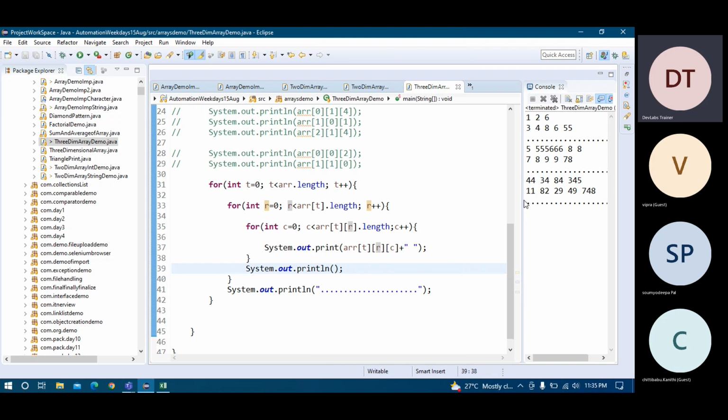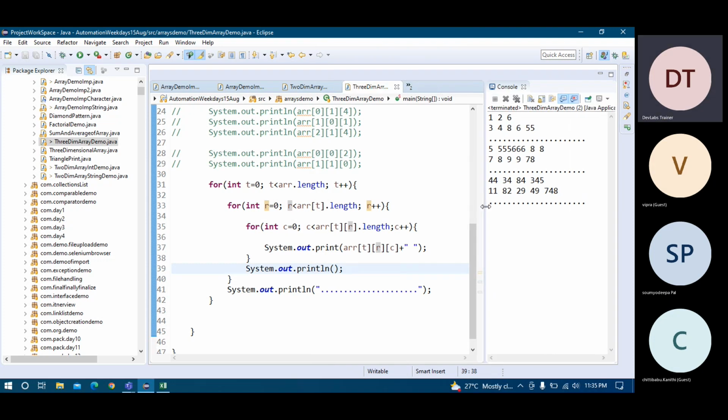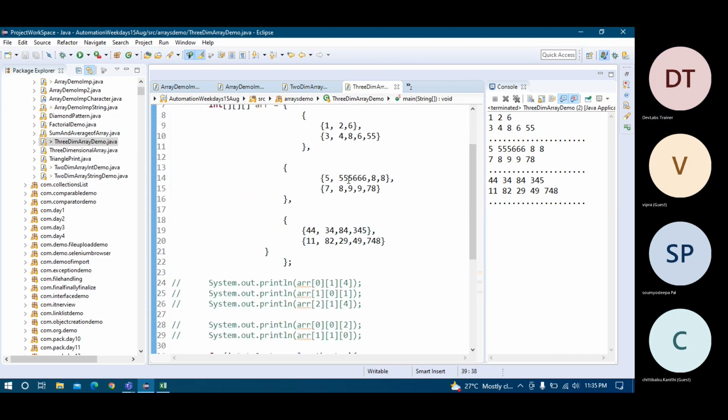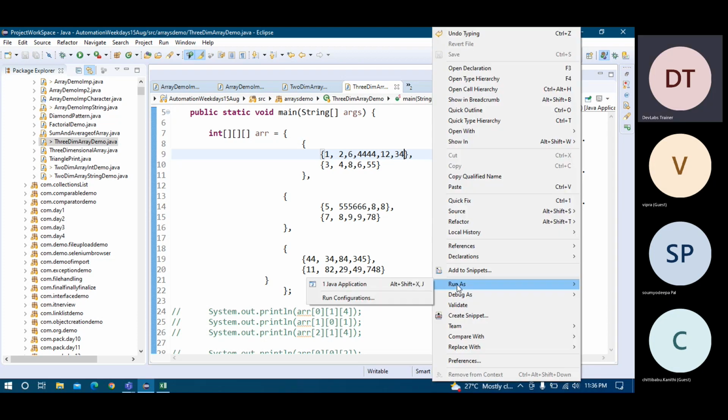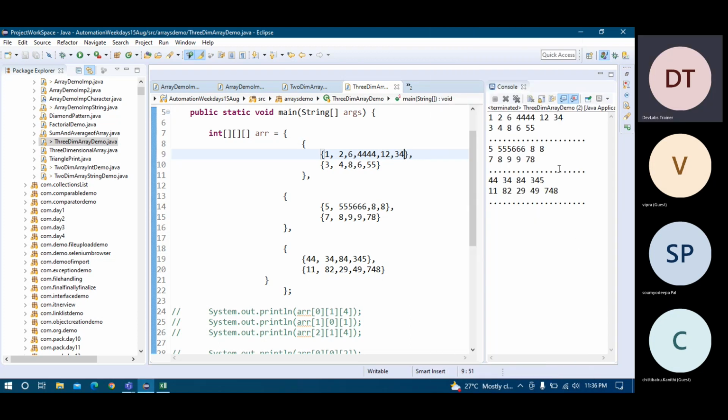You can see here. Anyone has any doubt? You see how I have designed and how I have printed. If anytime I am changing any value, I don't bother that I need to change the row size and column size, anything like that. See here, my design is fixed and it will work for any kind of dynamic array. So hope it is clear to you.